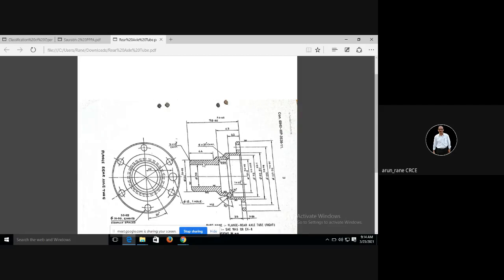And similarly, he has kept this. Now he can give the basic shape like this also, but then die cost will increase. So instead of giving the basic shape like this, he has made it into 3 steps, one, second and third step. And similarly, this also he has made into 3 steps. Is it clear?